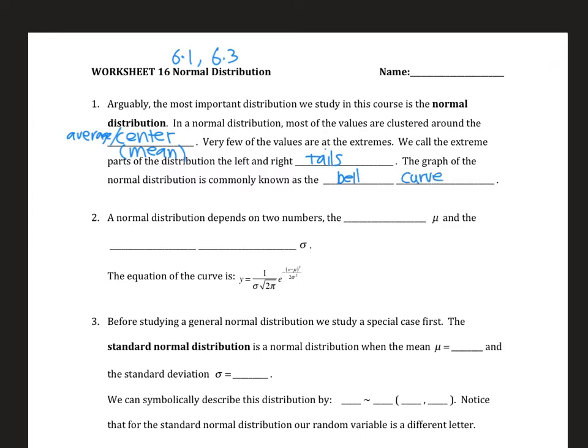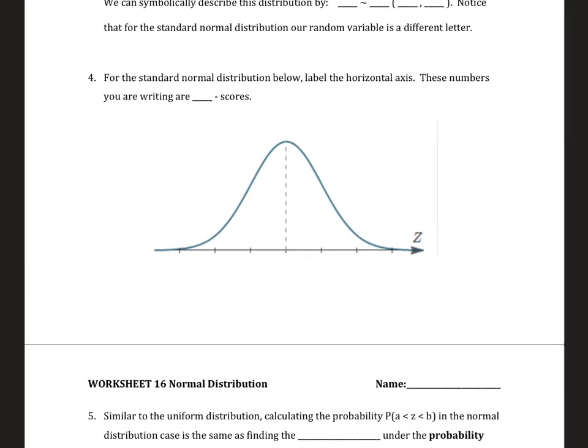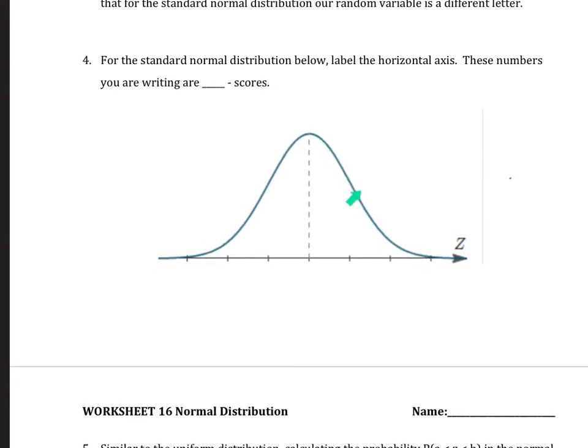So let's fast forward to a picture here for number 4. If you look at the graph, you notice, first of all, it looks kind of like a bell, like a Taco Bell. Okay, bad graph. That's why it's sometimes called the bell curve. You see the little line in the middle. That's the mean, right in the center, the average. And you notice that the graph is pretty tall in the middle, so most of the data set is clustered in the middle.